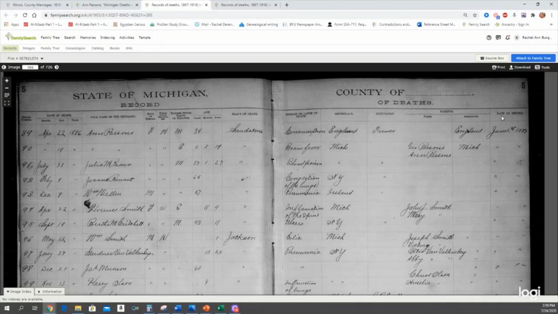What does this tell you? Now this tells you that Ann Parsons likely had a daughter named Ann Parsons. This is likely her daughter. Very, very likely. You might want to see if you can verify that with other records, but that could be difficult. And this is what makes this line and information very special. You'll note this Ann Parsons was only 2 years old in 1886. So she was born about 1884.